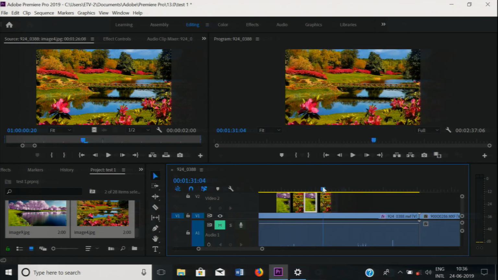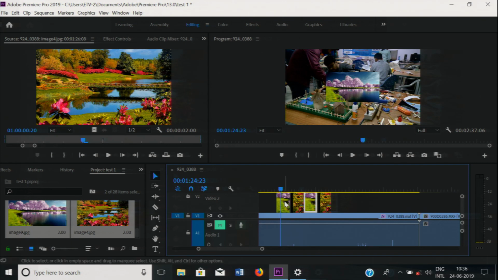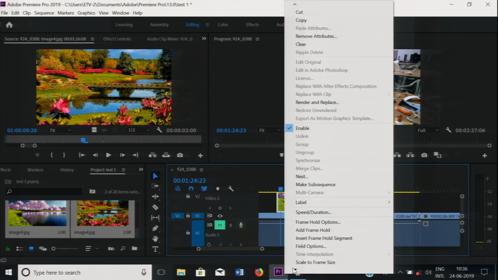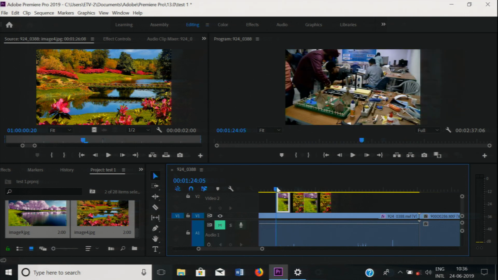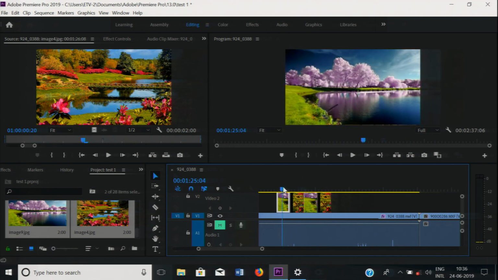Now, you can see the frame size of these images is as per the frame size set in the sequence.